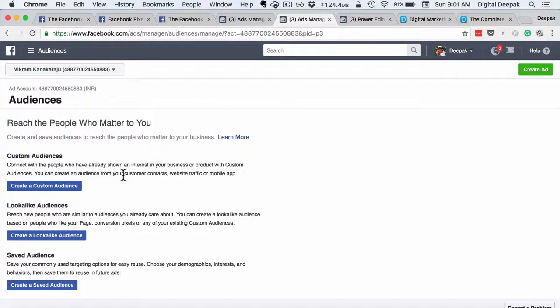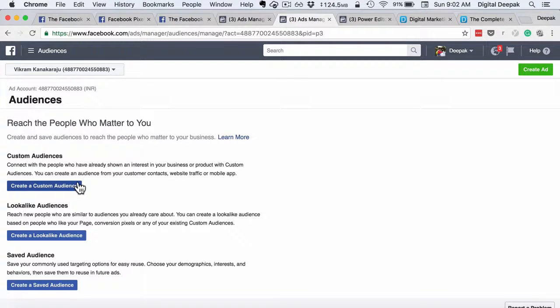So here it says you can create a custom audience from your customer contacts, or you can create a custom audience from your website traffic as well. That is where the Facebook pixel helps. Or you can create a custom audience from a list of your mobile app users. If you upload customer contacts, let's say you have an email list of 10,000 people. Not all the 10,000 people will match exactly with Facebook, because some people will be using a different email ID than what they have given to Facebook. From what I have seen, around 60 to 80% of the contacts will get matched. And if you want to run ads only for a specific set of existing subscribers or existing customers, you can use custom audience.